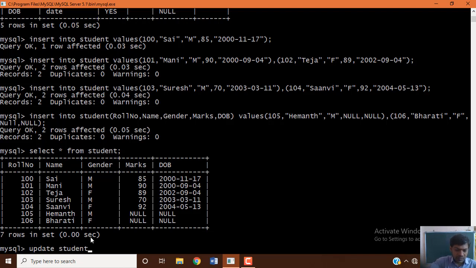Update student set marks equal to, an integer number which you can enter directly, for example 88, where roll number equal to 105.